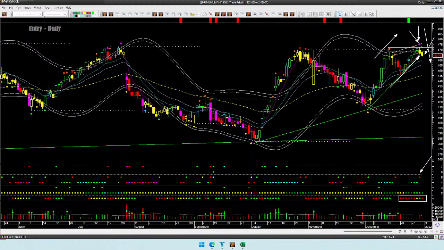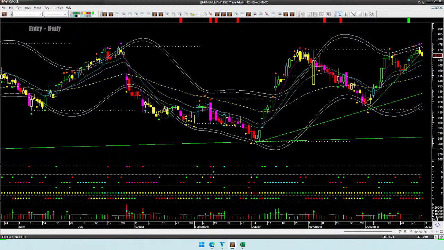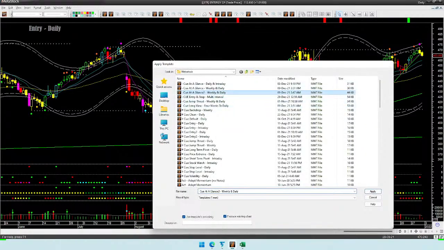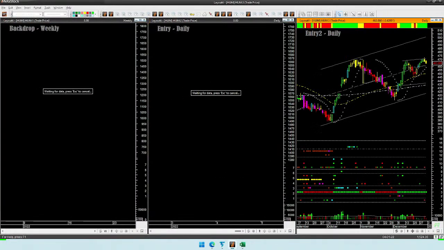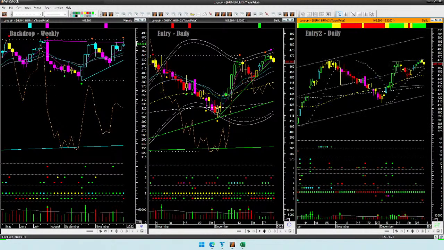coming out of squeeze. So this is the stock I would like to analyze again with 3 chart template, weekly, daily. Humana, yes, this is giving me a low risk short setup, breakdown short setup because it broke below trend line support, weekly reversing from trend line resistance, opposite of what I like to use for buying.